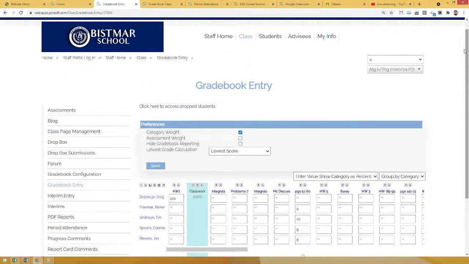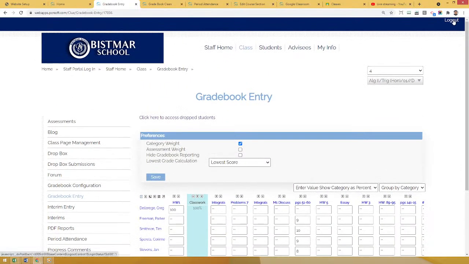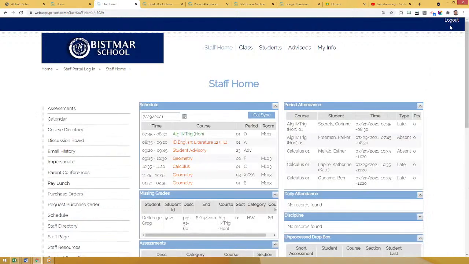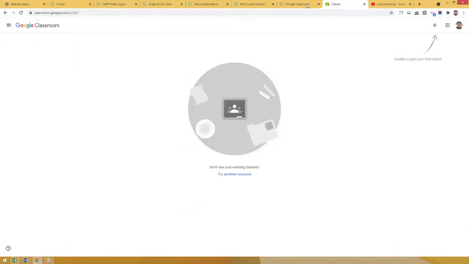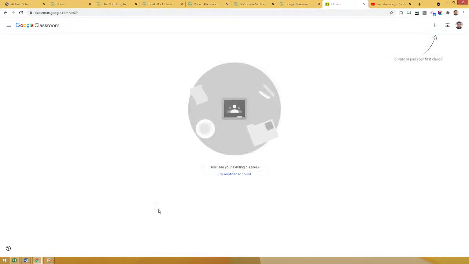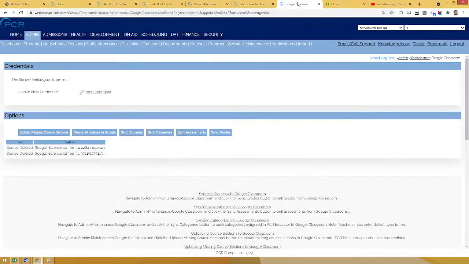I'm gonna go ahead and log out from here, and then I'm gonna be logging in as a different teacher shortly. And I'm gonna go to my Google Classroom as a teacher. So right now, when I go to my Google Classroom, I don't have any classes or any students or any grades or anything like that. So when I go to the administrative portal as an administrator,